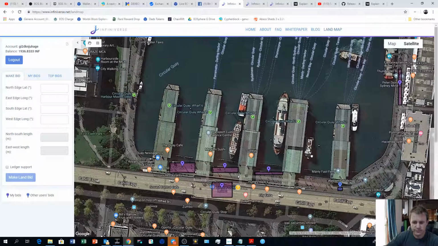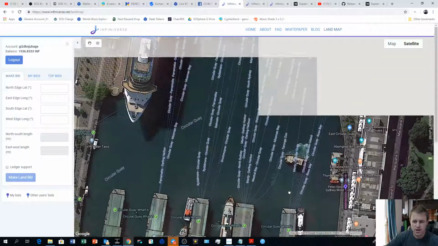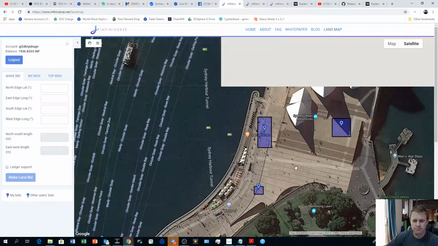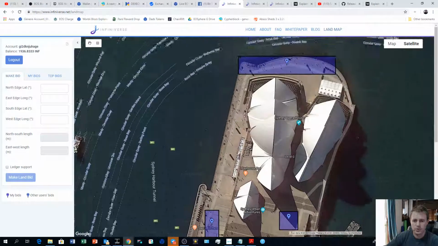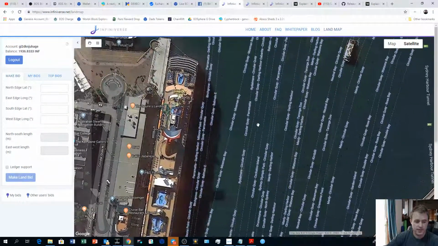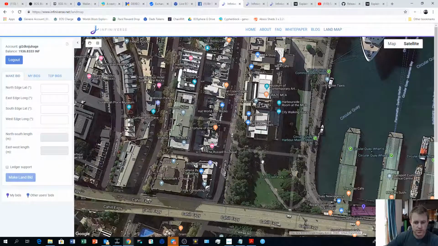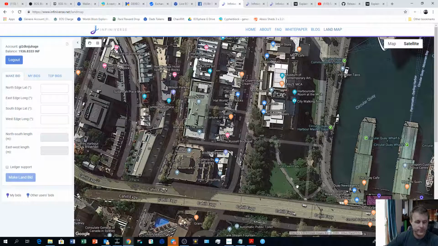I think these are all mine, and there's a bunch of other ones up here around the Opera House that people have already bought. So land is going fast, but at the moment we're looking at getting some land around First Fleet Park. To do that, we go up and click our little square here, and then we can map out a piece of land that we want to grab,